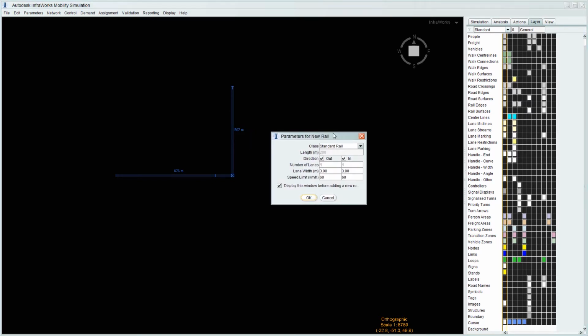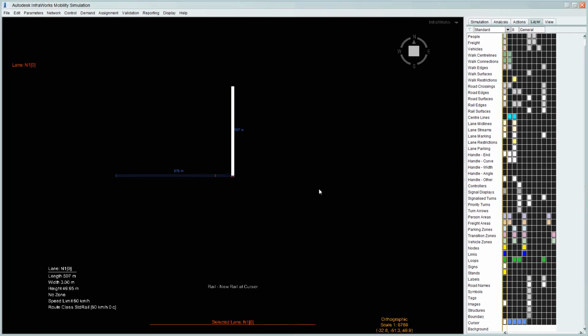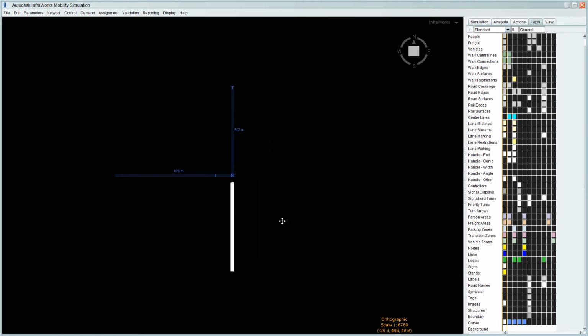Okay, so there's a little bit more information here than we've been used to when placing walkways. So we have a direction in, a direction out, the number of lanes, the lane width, and the speed. So we can just take the defaults for that and just hit OK and then escape.